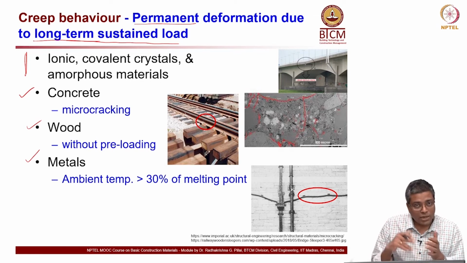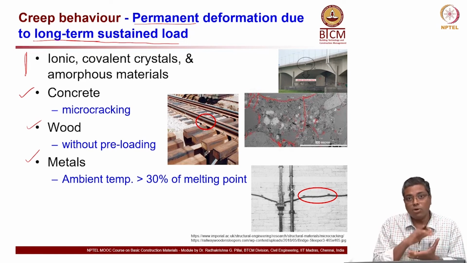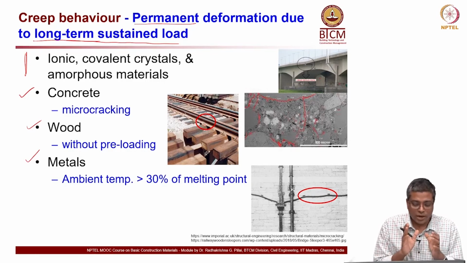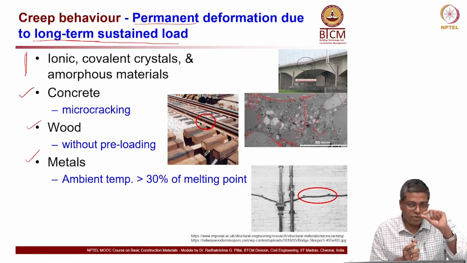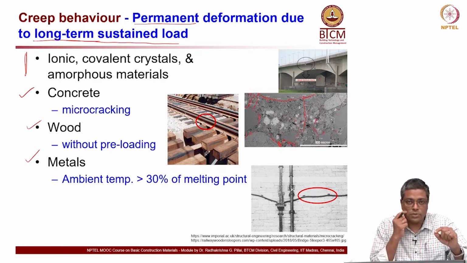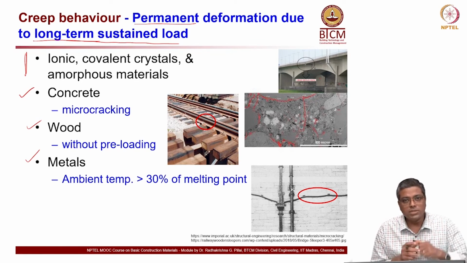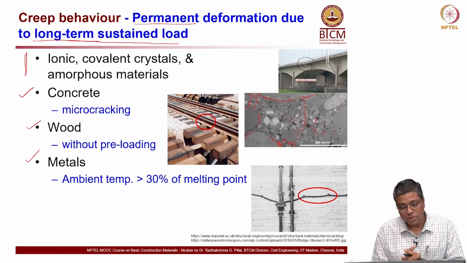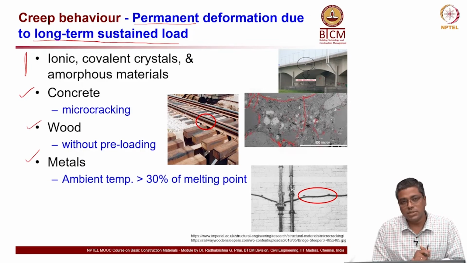Okay. Now, in case 2, if I preload the wood, then delta x can be reduced. When I say delta x, it is the deformation after the rail track is placed and during the service, right. So what people actually do is pre-compress the timber before they place it below the